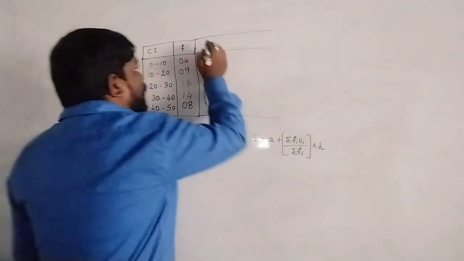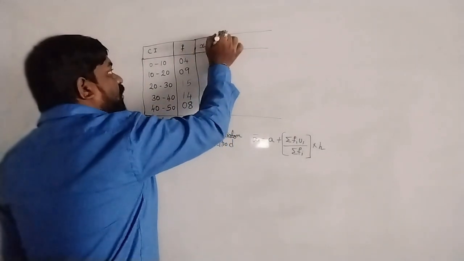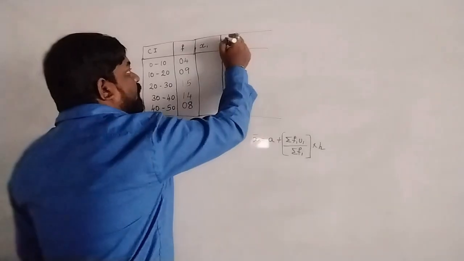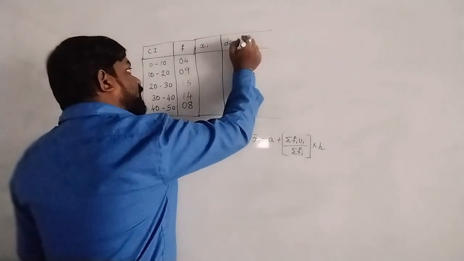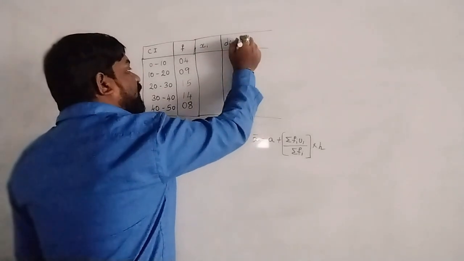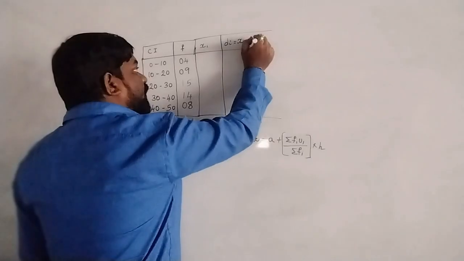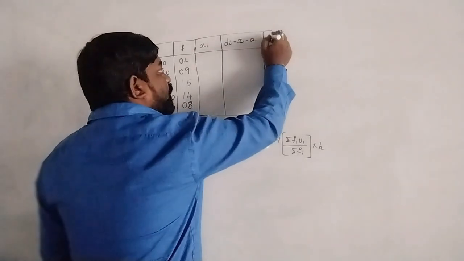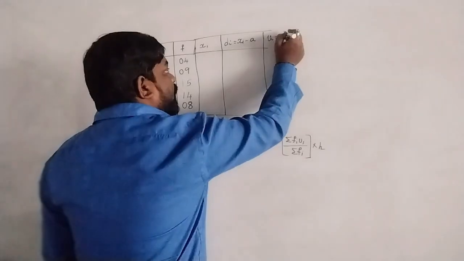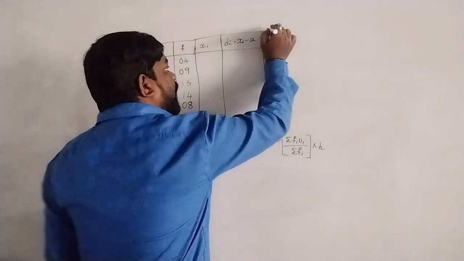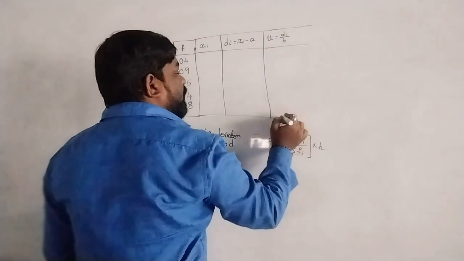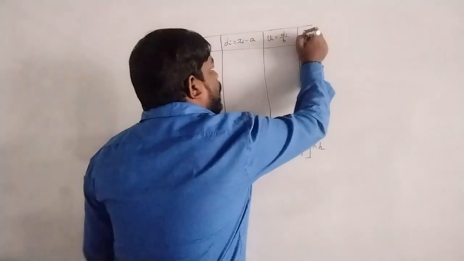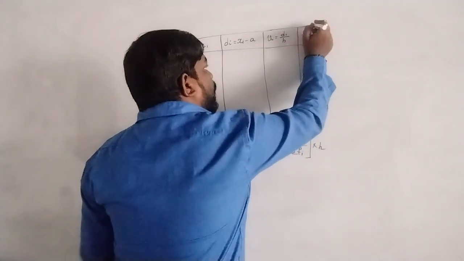First we require the xi column. Next di, that is xi minus a. Next we need the ui column, that is di divided by h, and finally we require the fi ui